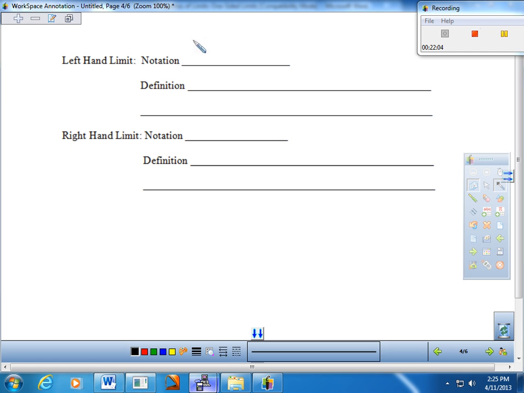Keep it up. So I've got the limit as x approaches a. If it is a left-hand limit, everybody, there's one little tweak to this. We put a little negative in the upper right-hand corner of that a. So this would be the limit as x approaches a from the left. And so that's what we're going to look at. And then of our function, and then obviously equals some number, whatever it may be. And so when we see this from the left, and that's exactly how we would read that, x approaching a from the left, what that basically means,